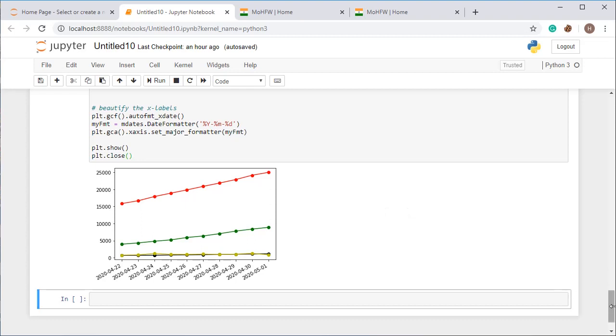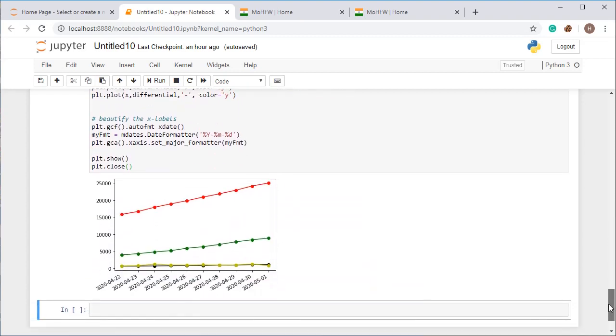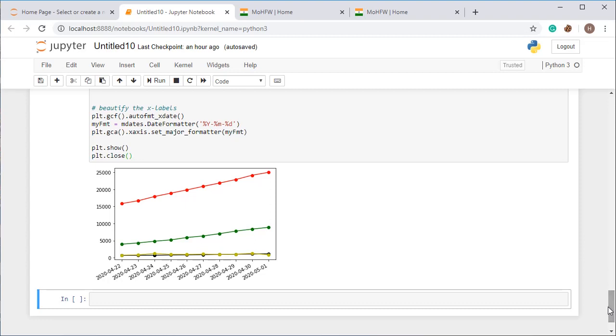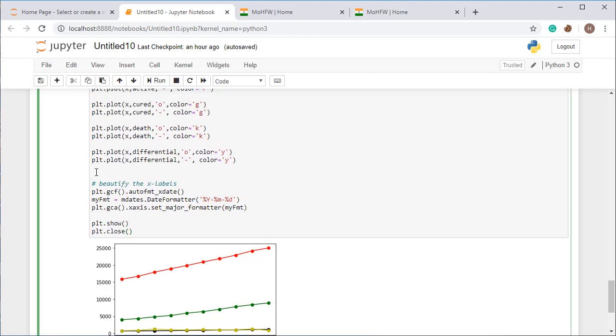We need to use plt dot legends, and then you have to use labels equal to, and then pass the values. For the green color, it is active.